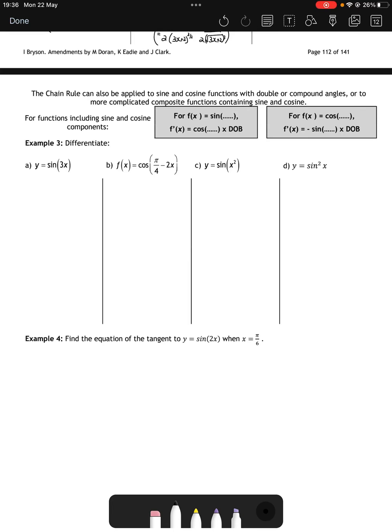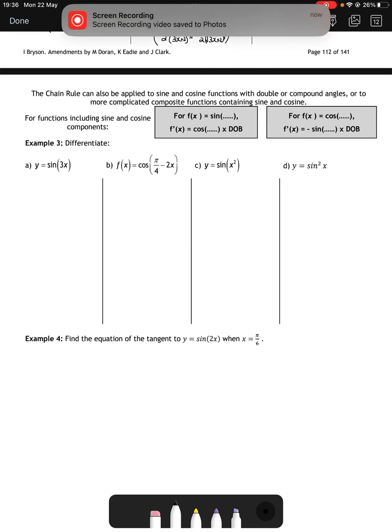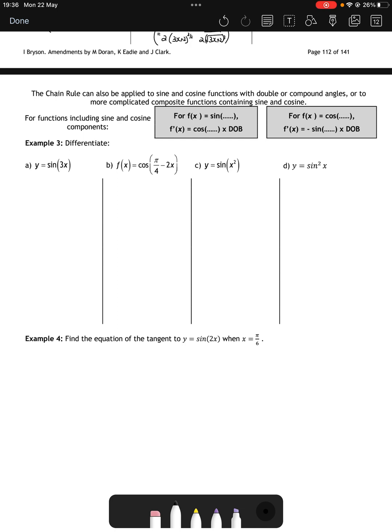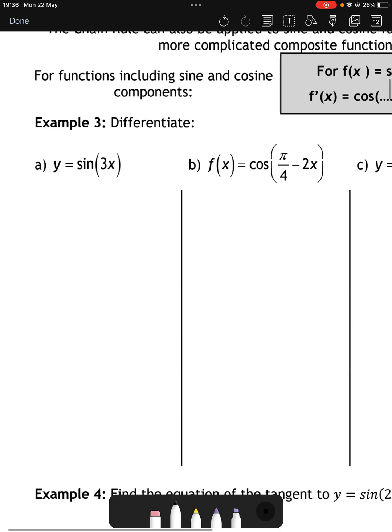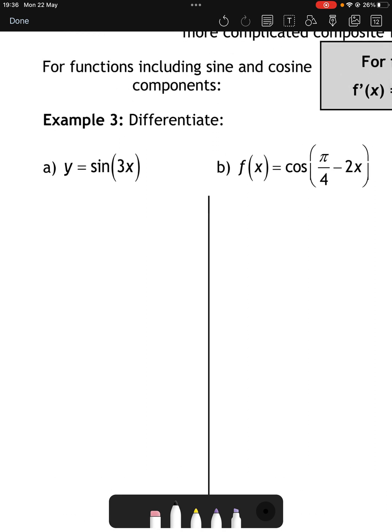So this is the same for sine and cosine. The only difference is with differentiating, you just need to take a wee bit of care, because sometimes they don't always put brackets in, so it's maybe not as easy to spot. So for instance, this first one, sine 3x, sometimes they just write it as so, and you'd need to introduce the bracket, okay? So when we're differentiating, all of this is on your formula sheet, remember, but if we're differentiating